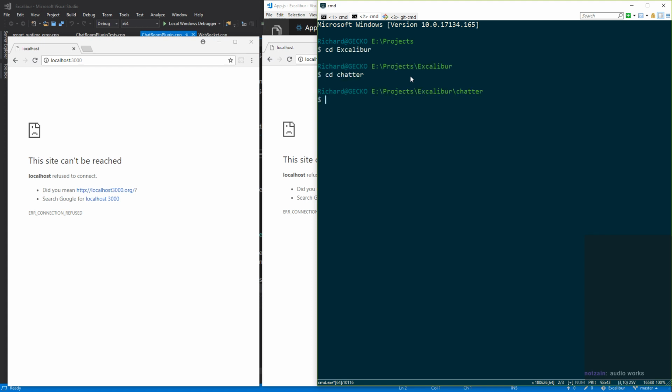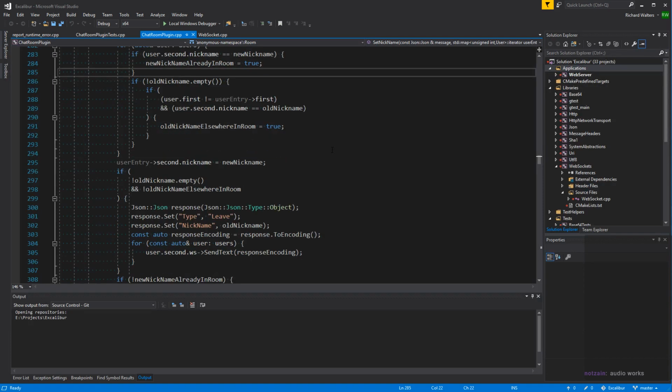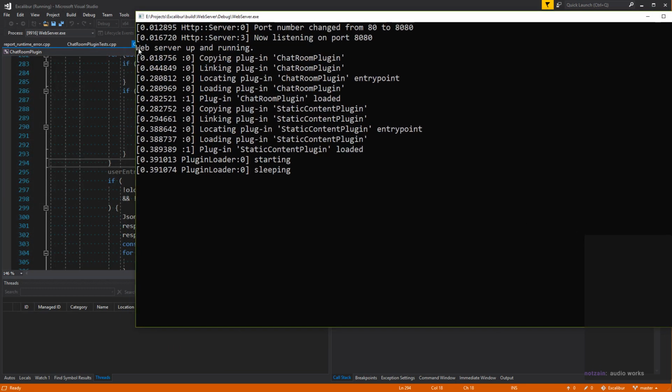Excalibur chatter npm start. Hope it doesn't crash again. That would suck.